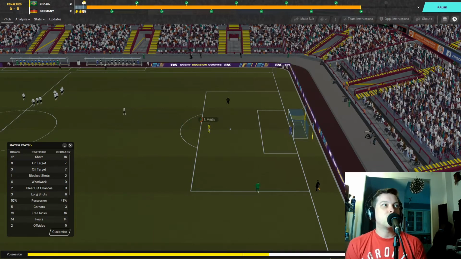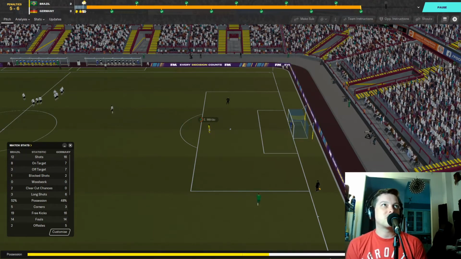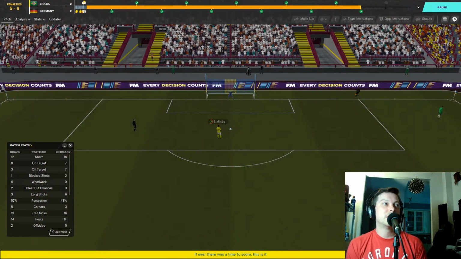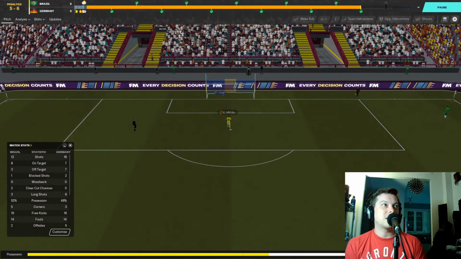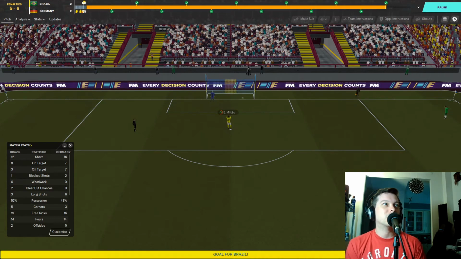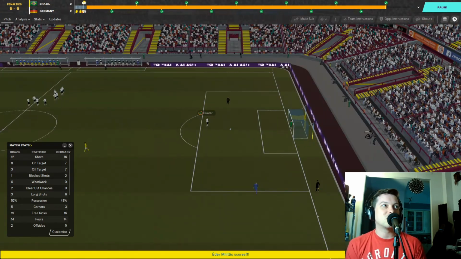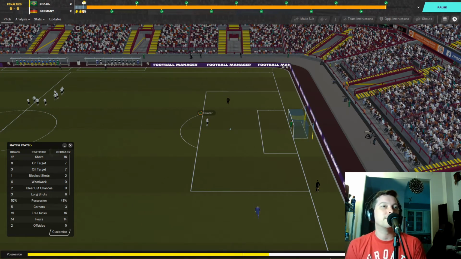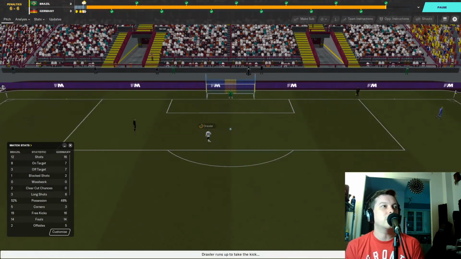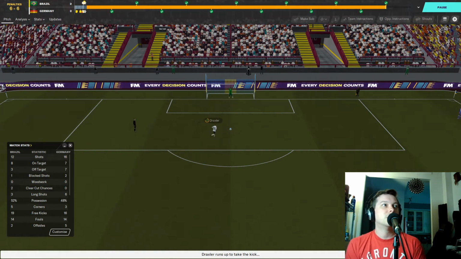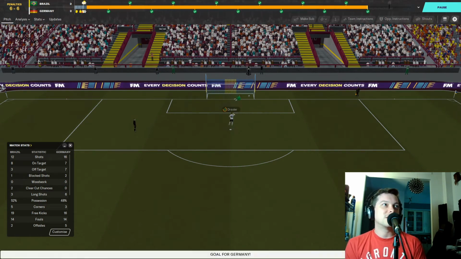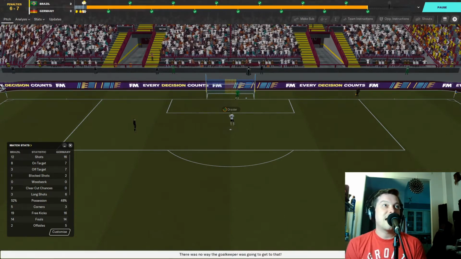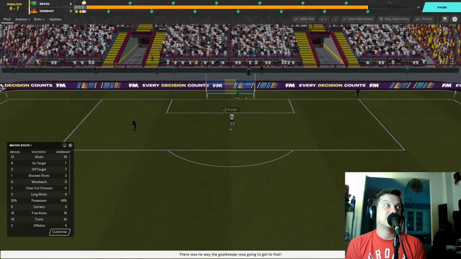See, if Germany miss, Brazil get a chance to score. If Brazil miss, it's over, I think. Just the order of the shootout. Militao steps up, straight down the middle. No hesitation for Militao. All right, Julian Draxler up now. Can he score as well? Everyone's scoring. Just join the party, Julian. Here it is. And he does. Rolls it in the bottom corner. The goalkeepers cannot save anything today at all.